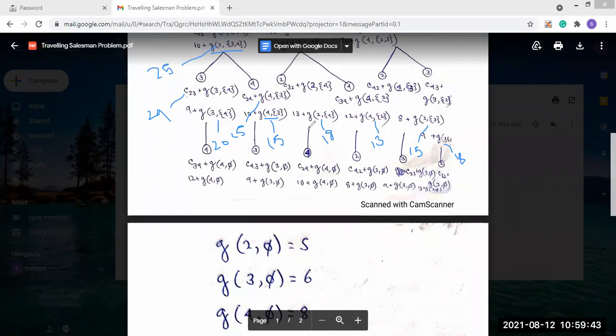Same as that, now we will see between 15 and 18 what the values will be. We will calculate like this. In this process, we will find the minimum and substitute the values. Between them, you check the values and substitute them here. After substituting the values, we will get the final result. So putting these values like this, we take the minimum, and according to the minimum value, we put the values there.